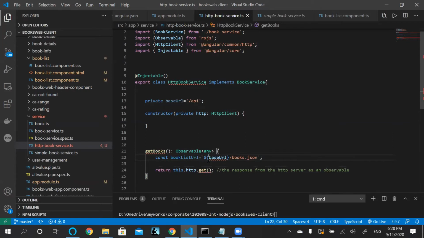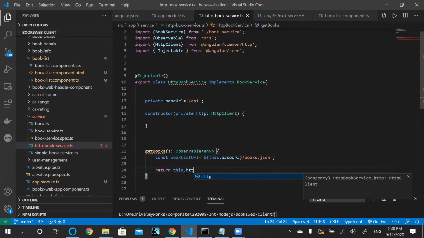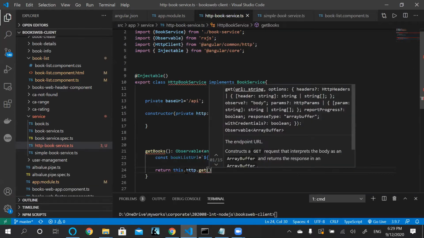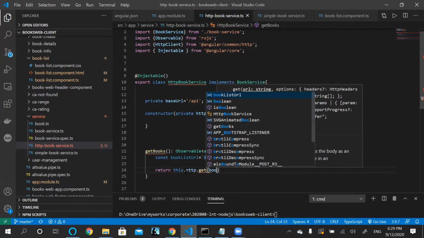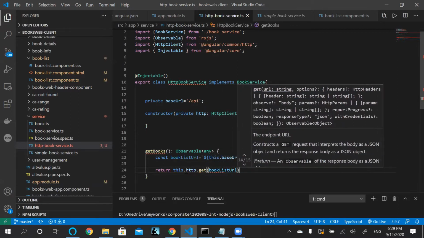We will change this URL once we are shifting our service to our real Node.js based REST API server. For now, all I need here is to say this.http.get and pass the URI, which in our case will be bookListUrl.